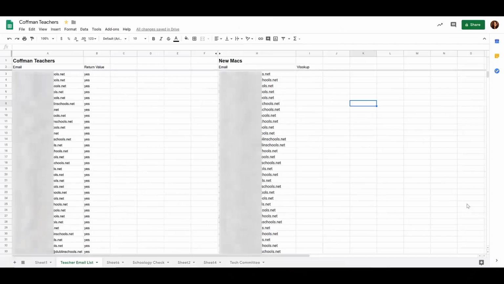A Vlookup, or vertical lookup, in Google Sheets can be really helpful to find information quickly. For example, I most recently used this when the email was sent out to teachers who were getting new Macs. I wanted to find out how many of those teachers were at Kaufman so I could reach out to them. What I did is I took the email addresses from that email and I put them into a Google